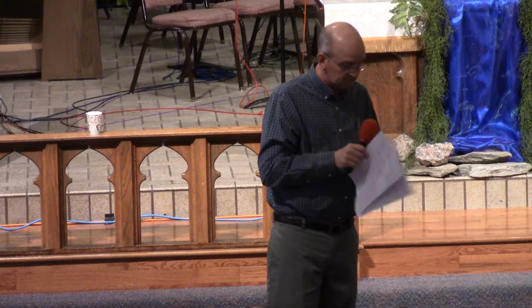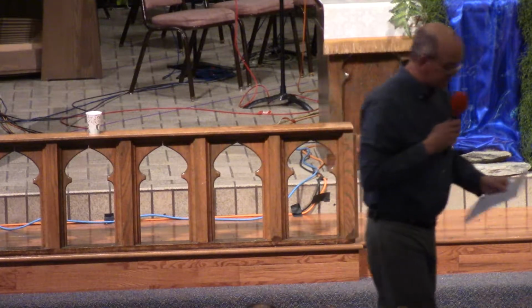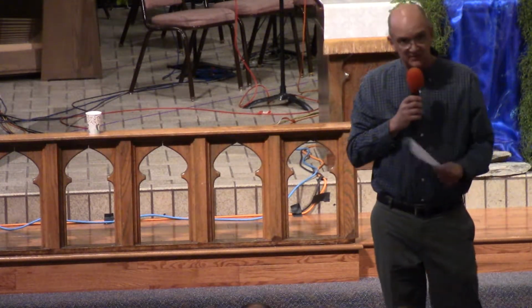The second group of projects is what we believe needs to be done in the next 5 years, and that totals pretty close to $300,000. That includes replacing the King's Corner carpet with linoleum, which is one of the big ticket items there, and upgrading the fellowship hall with LED lighting and new ceilings and carpet. And our long-term vision, which is 10 years out, would require new windows for the